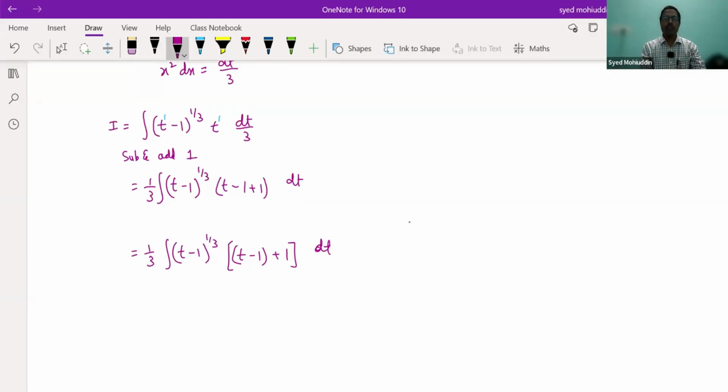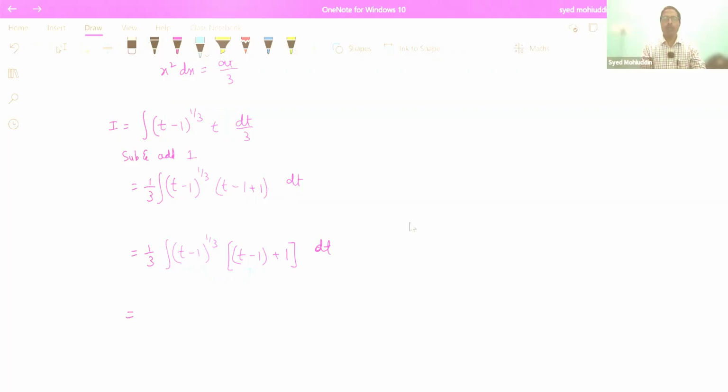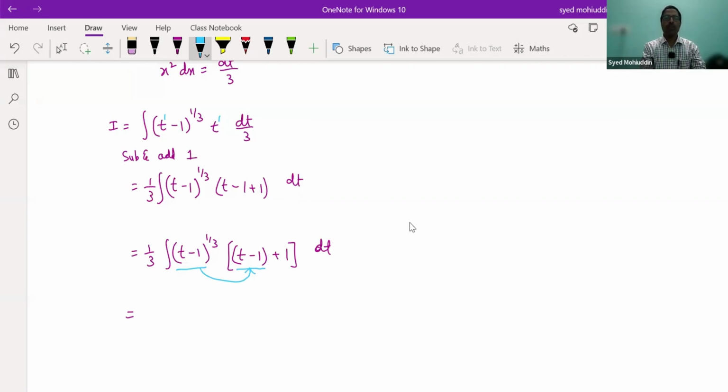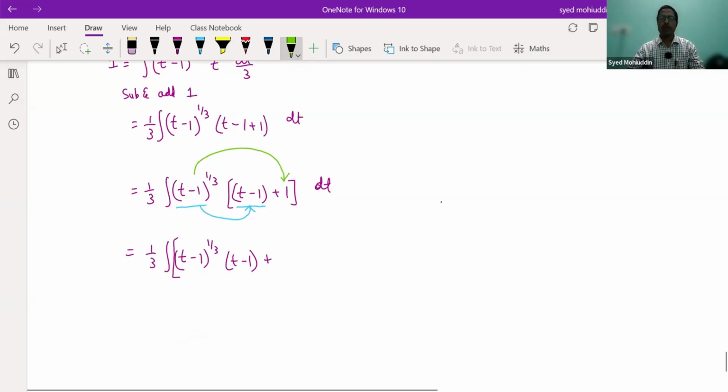Now what has to be done is, once I have grouped, this grouped value has to be multiplied by t minus 1. So this will be 1 by 3 integral of t minus 1 whole power of 1 by 3 multiplied by t minus 1. That is one product. Plus again, multiply this value t minus 1 whole power of 1 by 3 with 1, so you will be getting another value, which is t minus 1 whole power of 1 by 3 itself